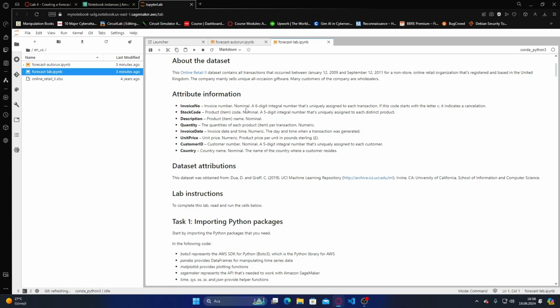If the code starts with the letter C, it indicates a cancellation. The stock code, the product code, is a nominal 5-digit integer number that's uniquely assigned to each distinct product. Description is the product name, nominal, and quantity is the quantity of each product per transaction, numeric. Date and time, numeric, is the day and time when the transaction was generated, and unit price,